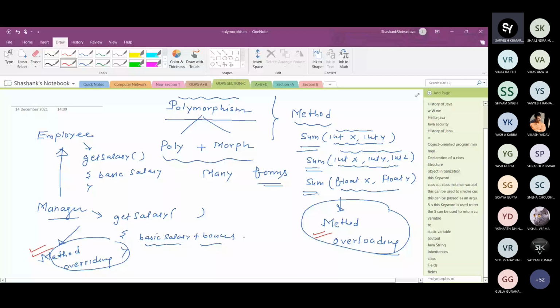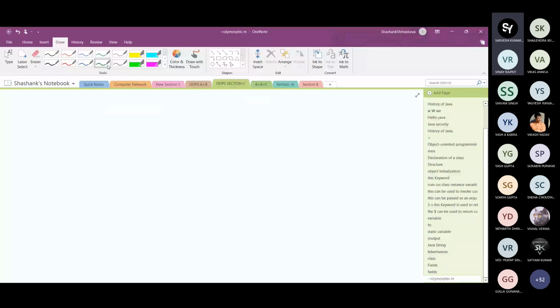Suppose there is a class Math, and in the Math class there is a method integer sum, integer x, comma integer y, which returns x plus y.